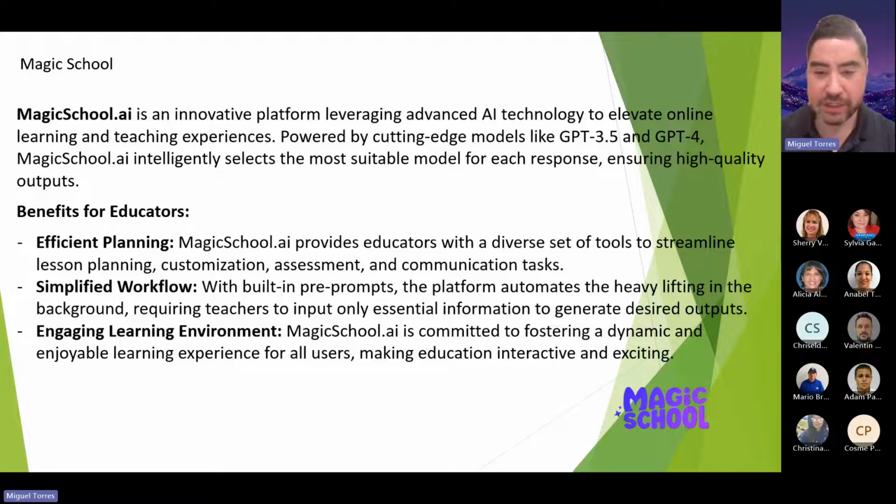Unlike ChatGPT and other types of AI, this is modeled for teachers and administrators. It's giving you the framework to help you with almost anything that you're doing, and it saves you a lot of time. And these are the benefits.